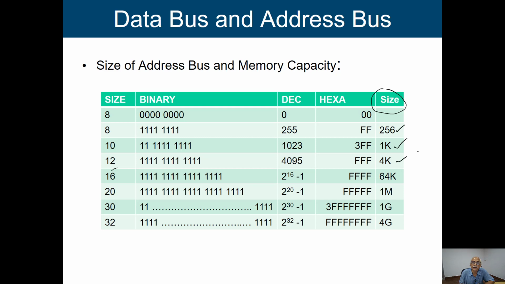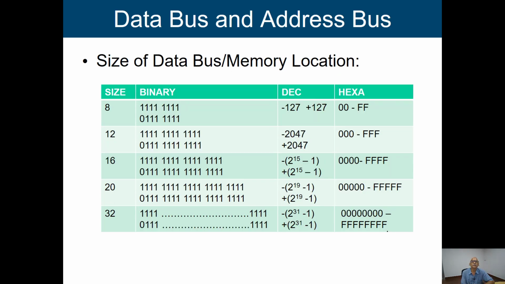For 16 bits, it is 2 to the 16, so it is 64K. Like that, already I have mentioned for 20, we are going to get 2 to the 20, which is 1 mega. 2 to the power 30 is 1 giga. Like that, if I am going for 32, then we are going to get 4 giga memory locations. So to address any of the memory locations of a memory space of 4 giga, we need 32 bits of address lines.